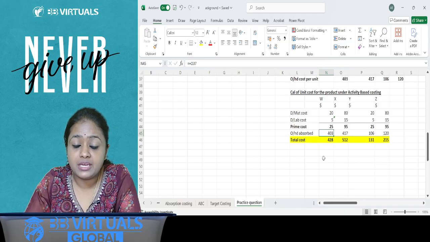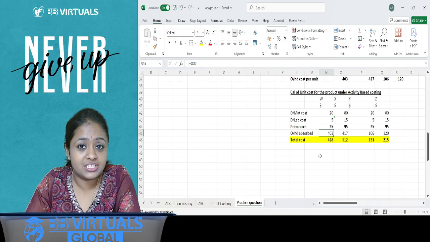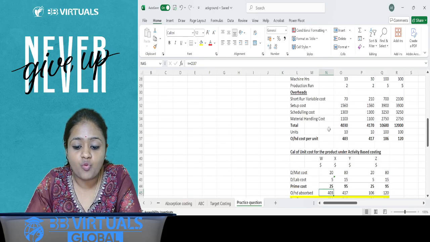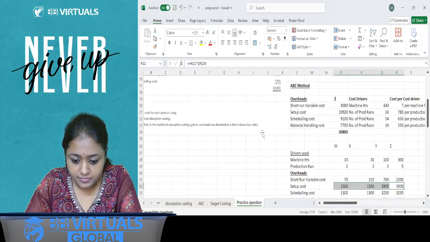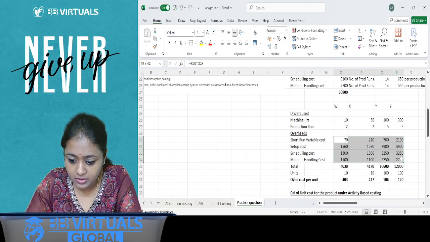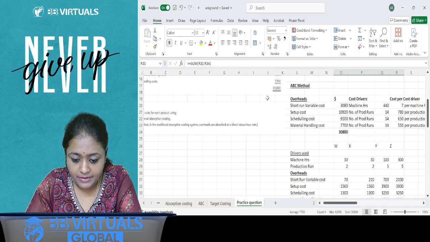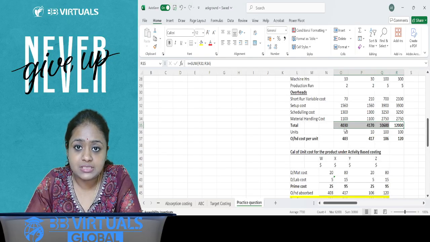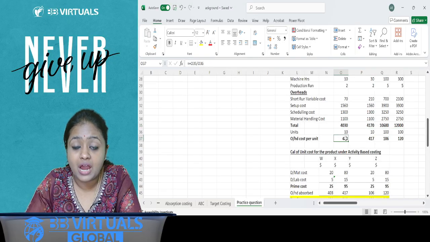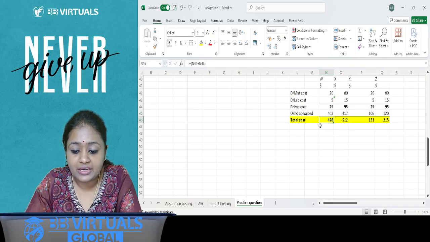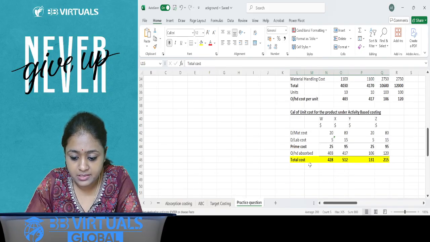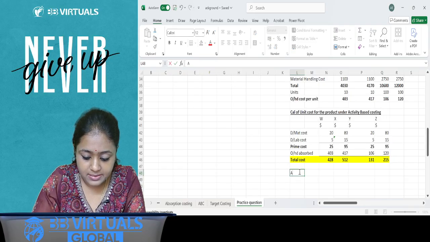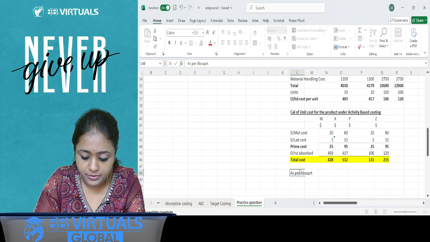So what does this mean? That even though W was able to manufacture 10 units, its overhead cost was huge because, yes, I can just get the total of all the costs so that it's always good to have the clarity. Okay, now what you see here, W has got the allocation of 403 overhead cost per unit. When we add it here, I get a total cost of 428. I'll do one thing, I'll just get the comparatives here so that we can do the comparison. So as per absorption costing.